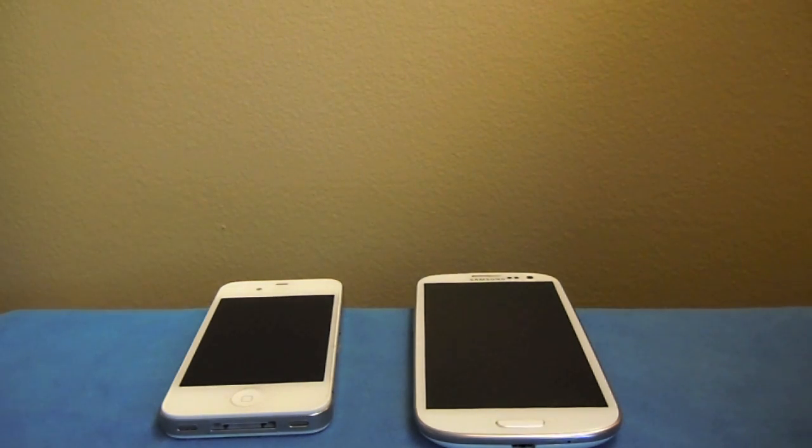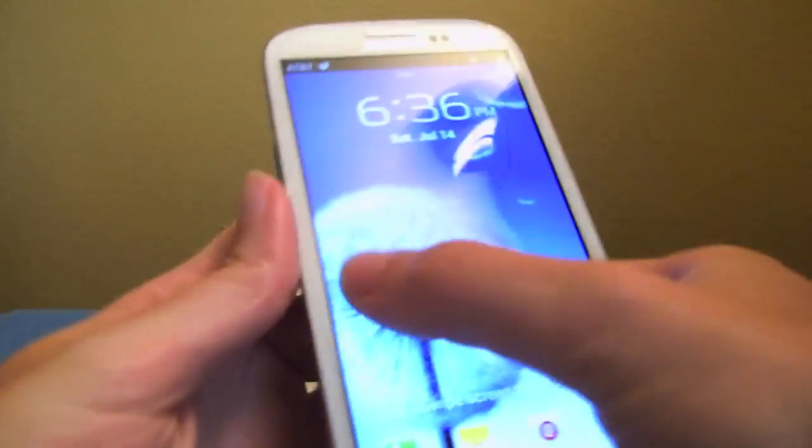Hey YouTube, it's Ashley 3G, and like I said, I was going to do a little comparison or likes and dislikes of the Galaxy S3, especially as compared to the iPhone 4S, because that's what I got the phone for in the first place. The first thing that bothered me about the Galaxy S3, we'll go ahead and unlock it here, is